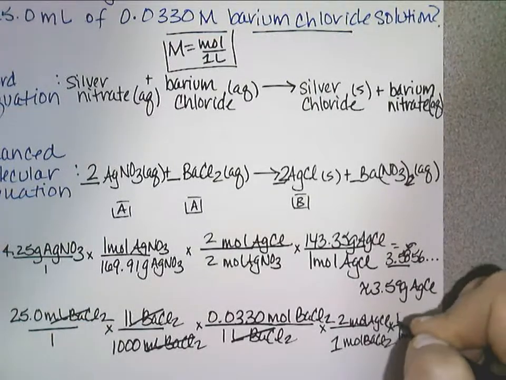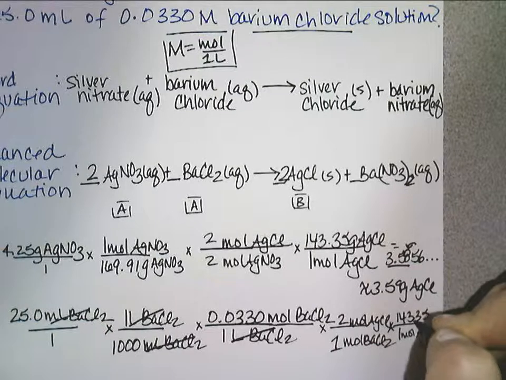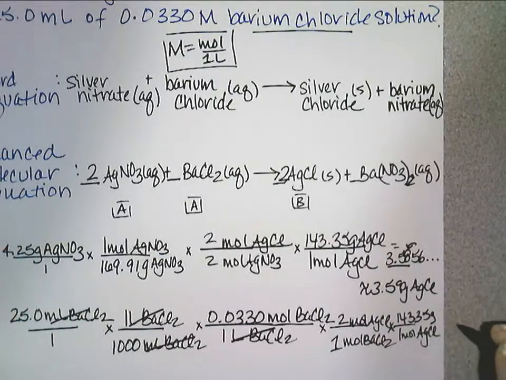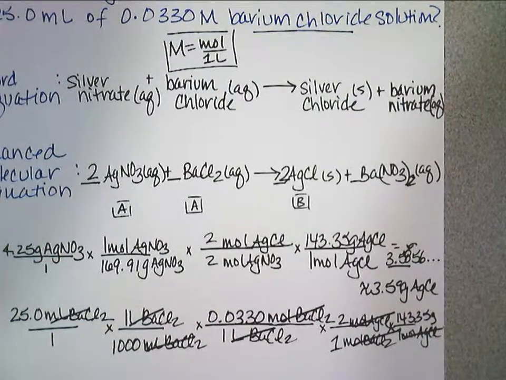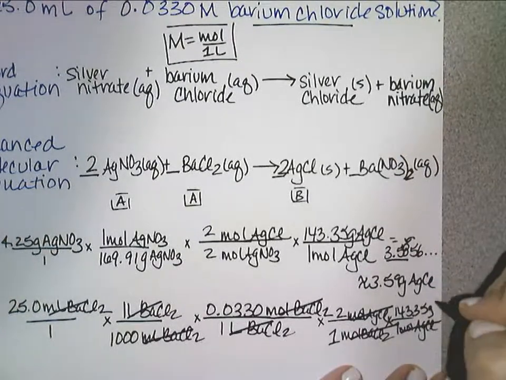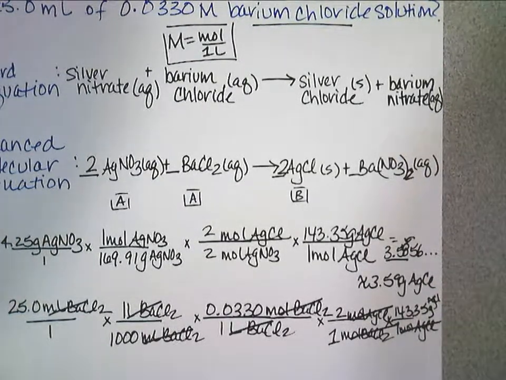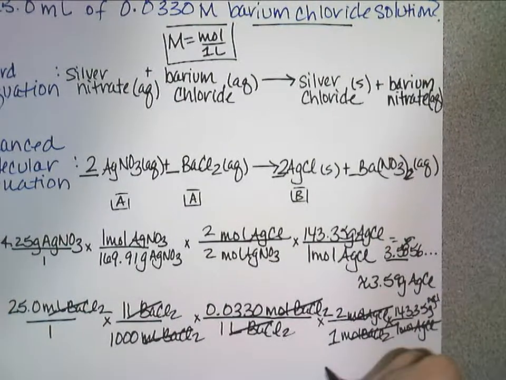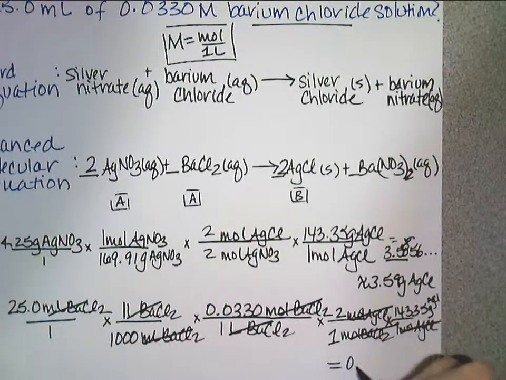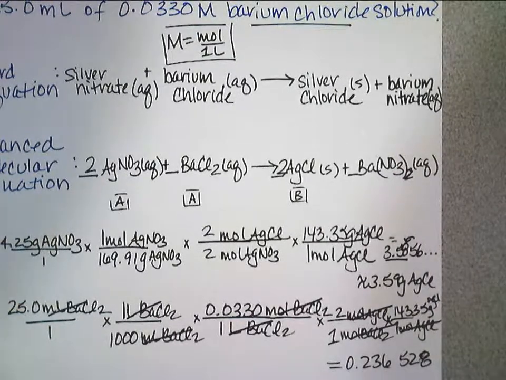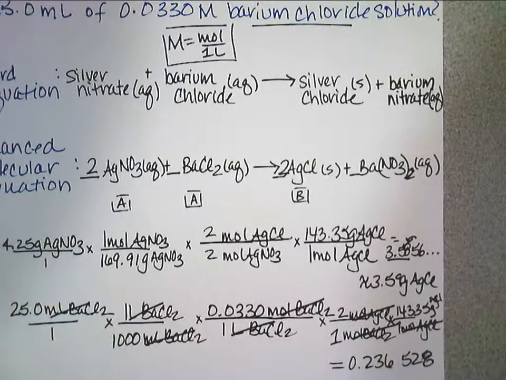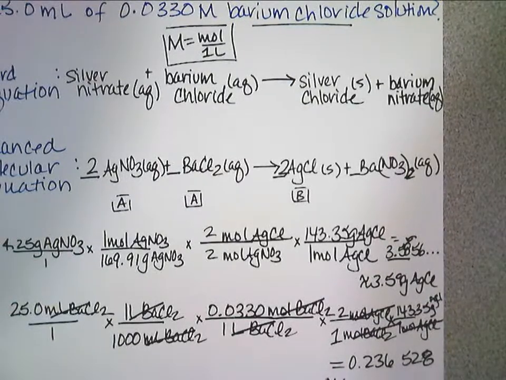In 1 mole of AgCl, there's 143.35 grams of AgCl, so that the moles cancel, and if you take the product of the numerator divided by the product of the denominator, the calculator number is 0.236528, rounded to 3 sig figs from the original measurement, about 0.237